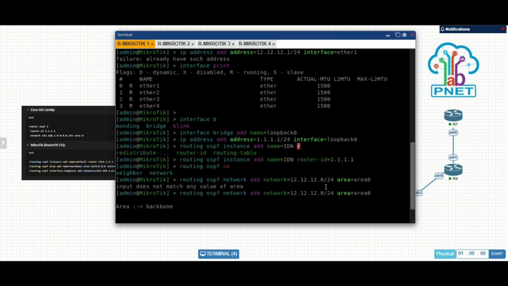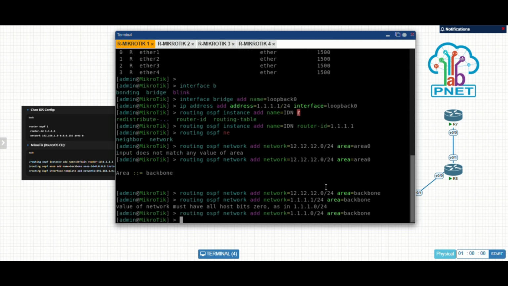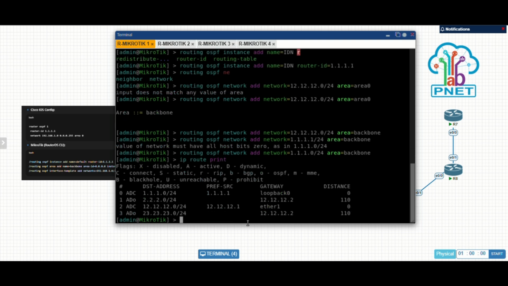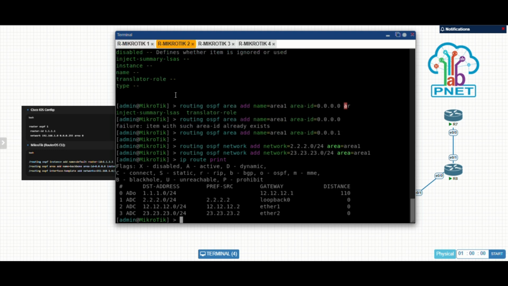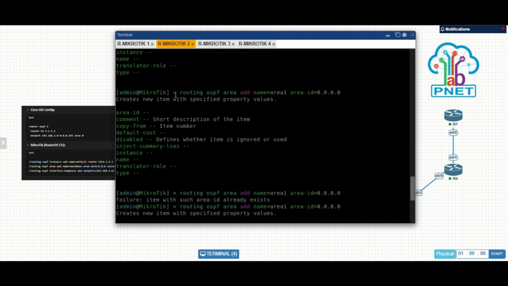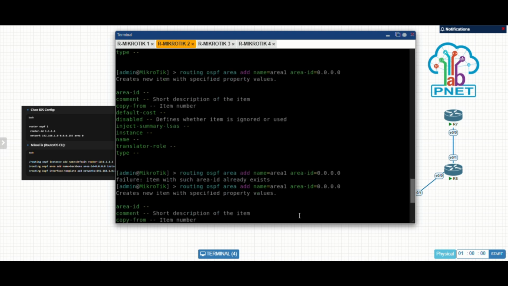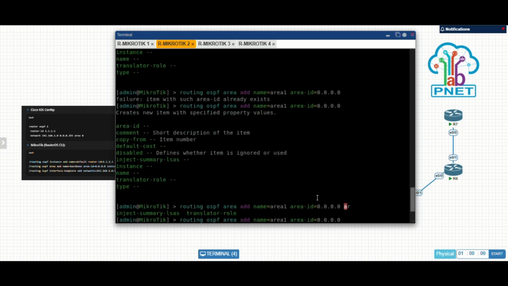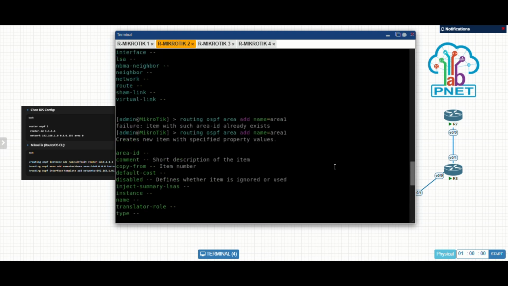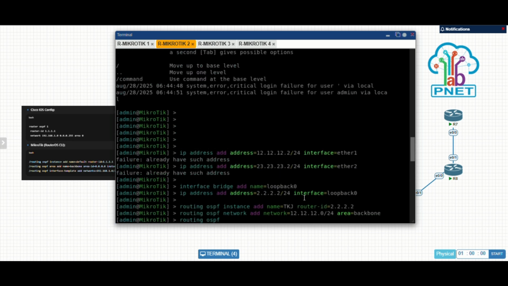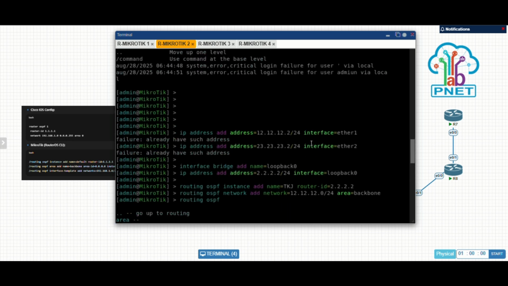So after that, for the backbone area, you can add the area, and we show a clear route screen, you can see. So this one, you want the area like that. It's a good configuration for Mikrotik.